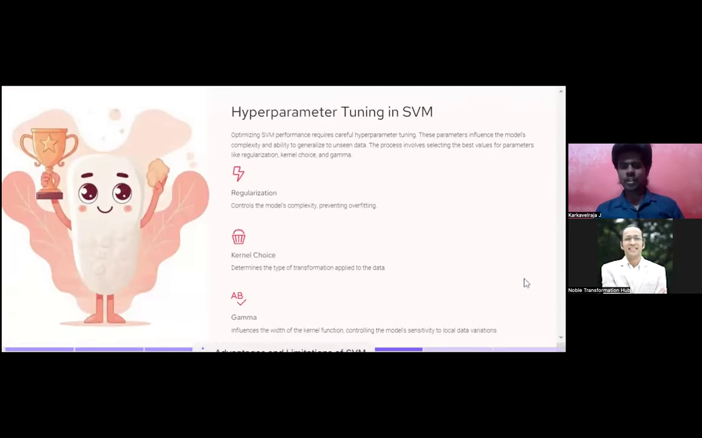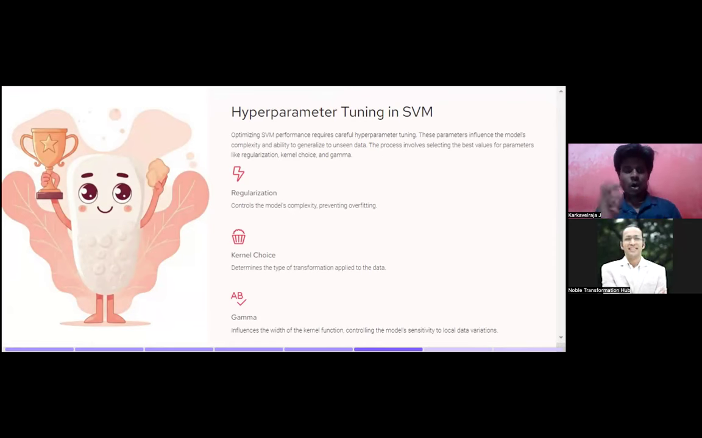Hyperparameter tuning in SVM. This is the same thing we looked into in random forest. Random forest has something very similar: the number of trees, the depth of the tree, the max height, those things we have seen in random forest. Similarly, there are hyperparameters available in SVM. Let's see what hyperparameters we have. Optimizing SVM performance requires